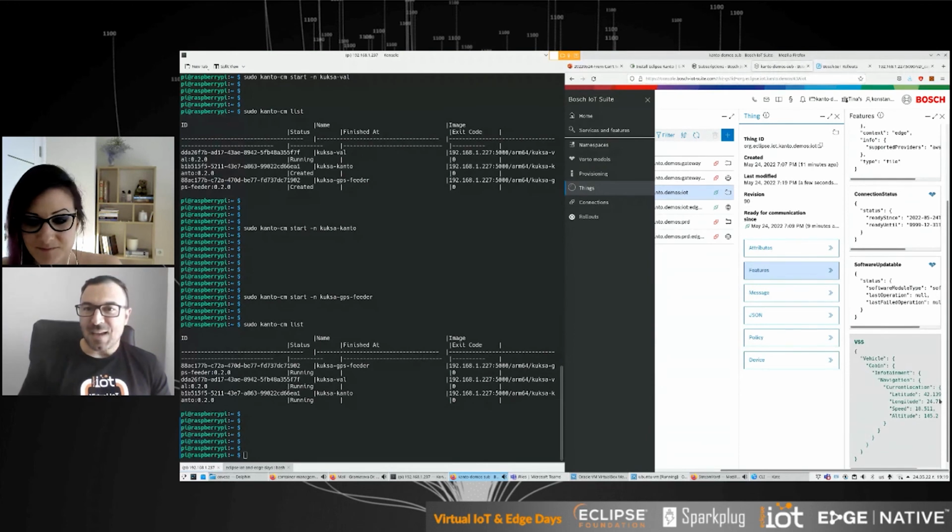I think I have one question from Alexander, and I think what he means by his question is, what's the smallest runtime footprint for a minimal Kanto installation?